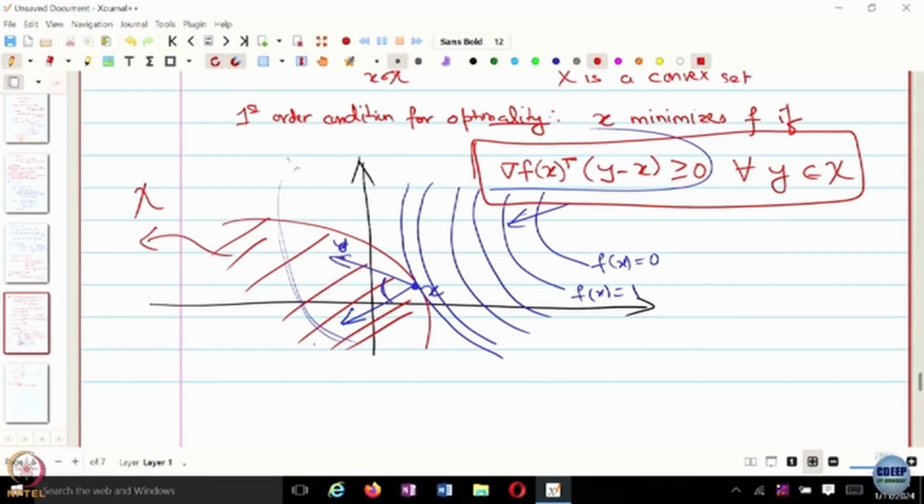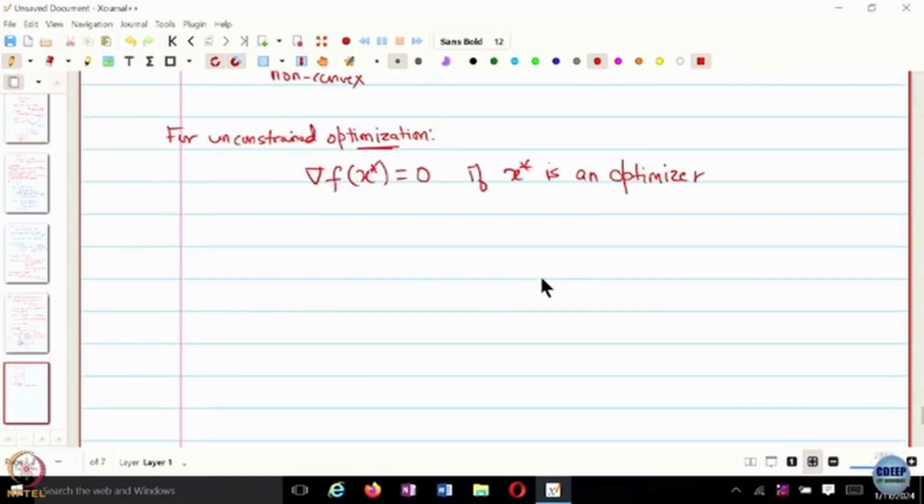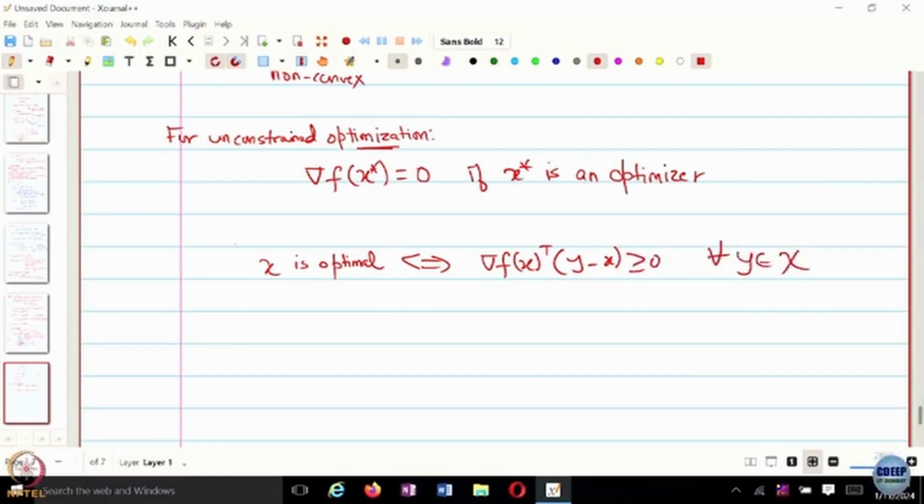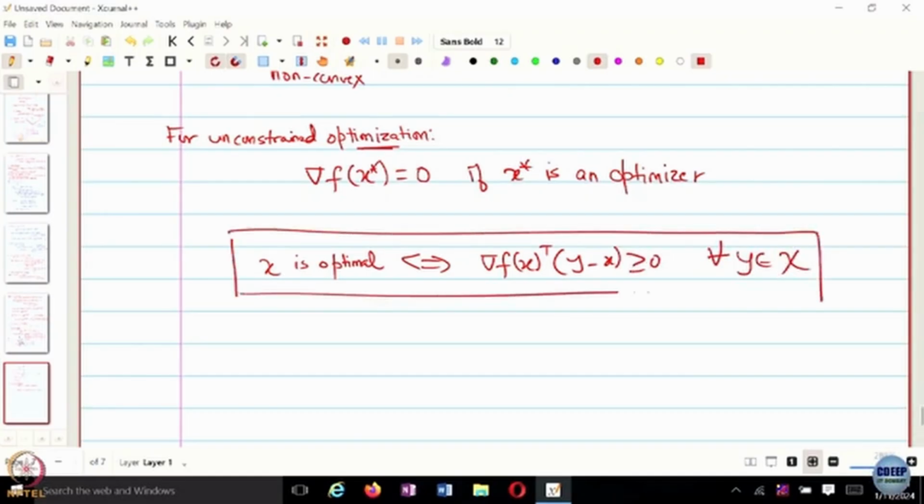It will be an interior point, and it will make all types of angles. So the only way this is true is that the gradient of f of x vanishes. So the general condition is that x is optimal if and only if